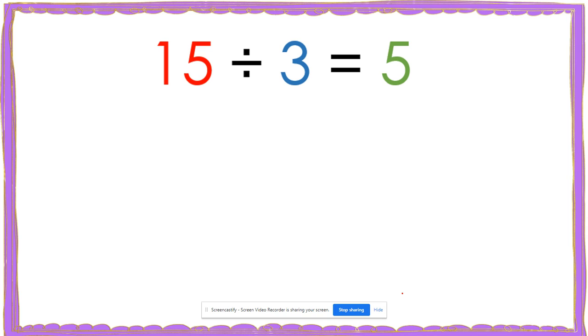In the division problem, 15 divided by 3 equals 5. 15 is considered my dividend. It is being split into 3 equal groups, and 3 is considered my divisor. When I split my dividend of 15 into 3 equal groups, I get a quotient or a solution for a